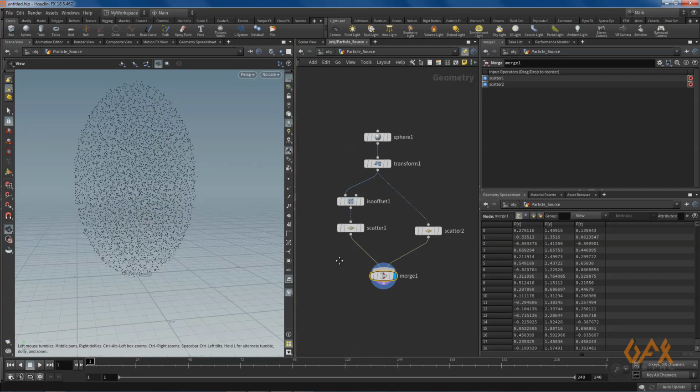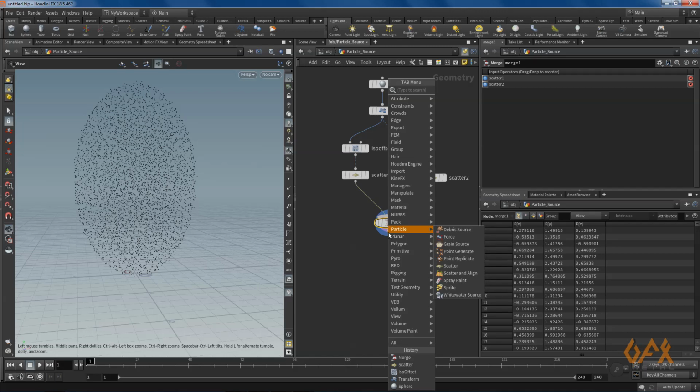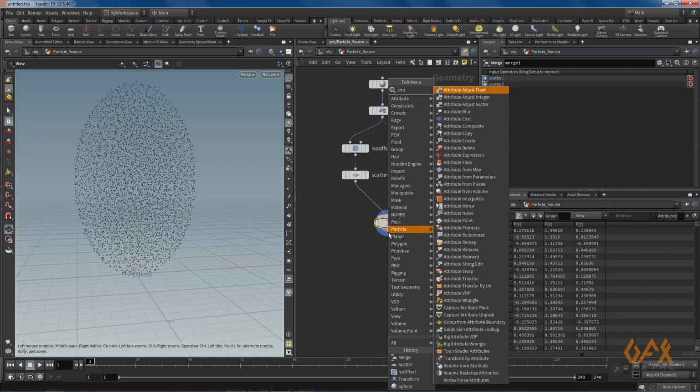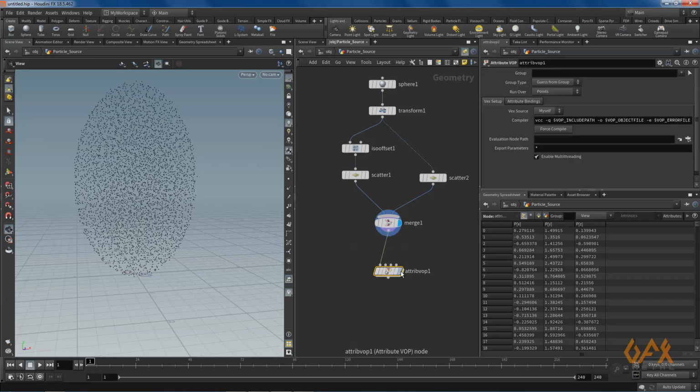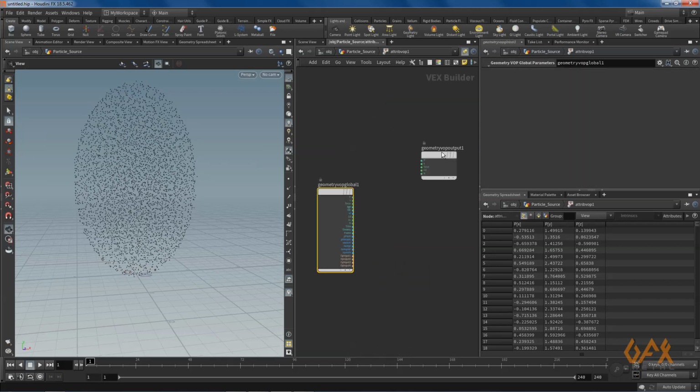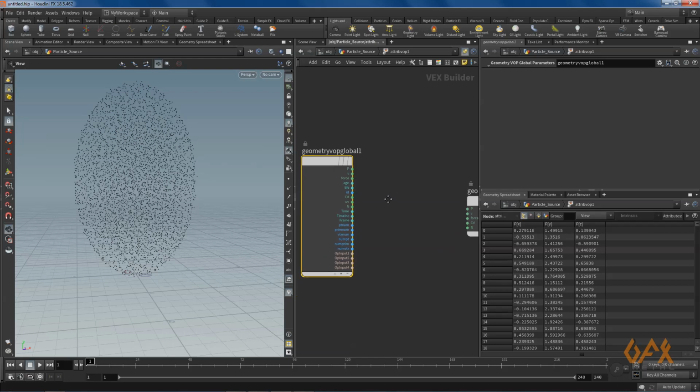So first of all I am going to create one attribute VOP, and here I just want to segregate the point number.